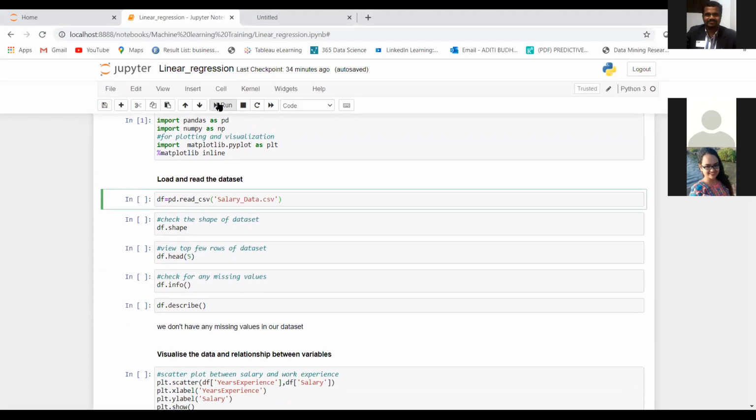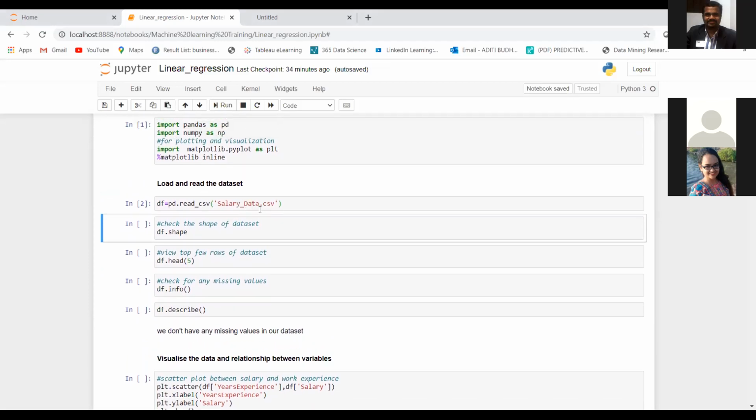So I'm importing this. If your salary data is located in some particular drive or folder, then you should also provide that path over here. We have learned how to do this, and if you don't know, you can just quickly Google it out.